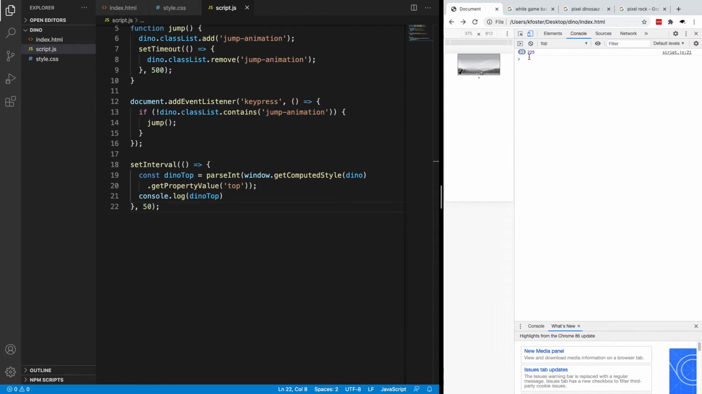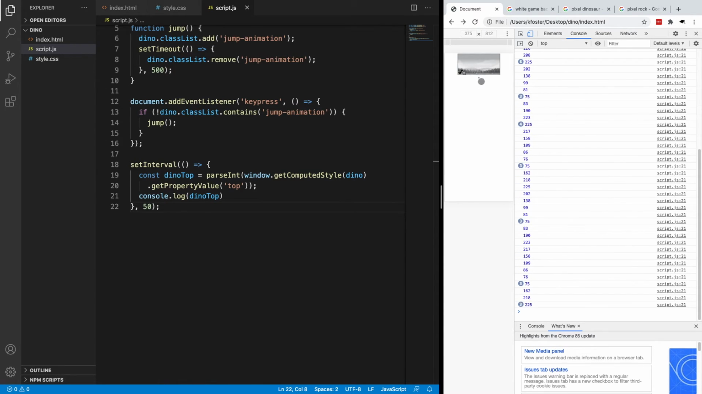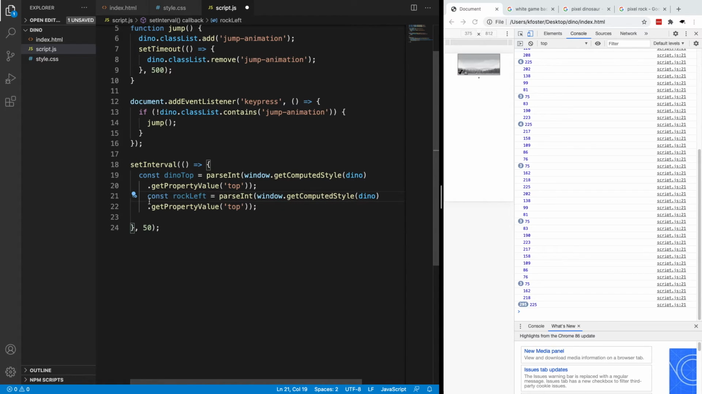So we can see that the dinosaur's top is always at 225. If I hit jump, then the top position is going to change. So now we want to do the same for the rock's left position. To do that, we're going to copy this, except we're going to call it rock left, and we're going to get the computed style of the rock element this time,